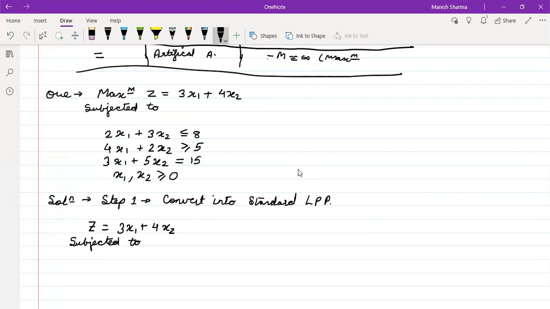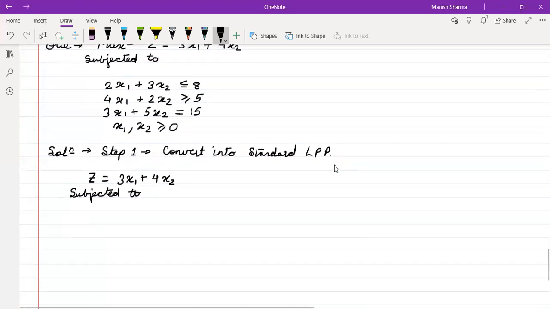We have 2x1 plus 3x2 plus S1. What is this S1? S1 is a slack variable, since it is less than or equal to, equal to 8. Then the next equation will be 4x1